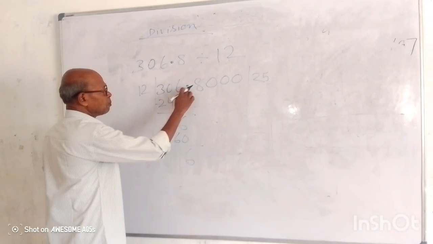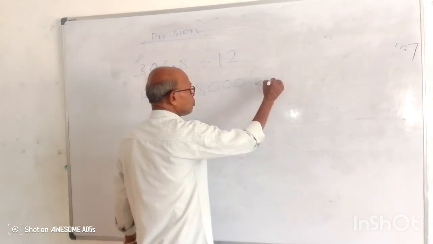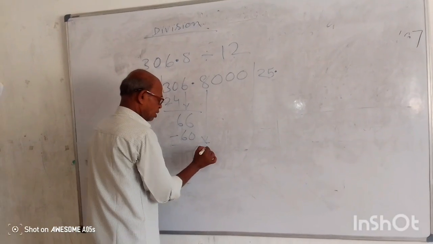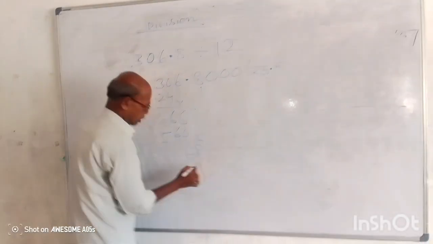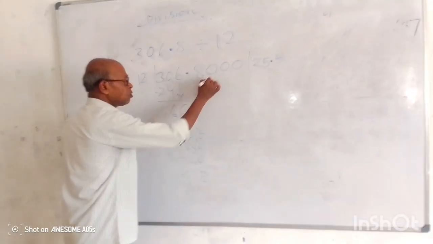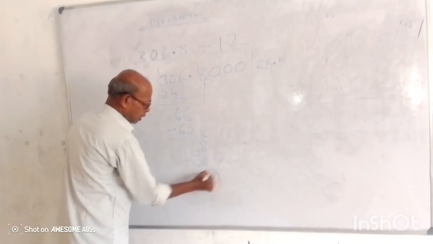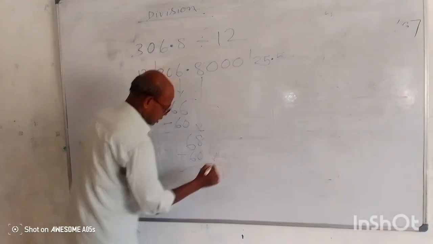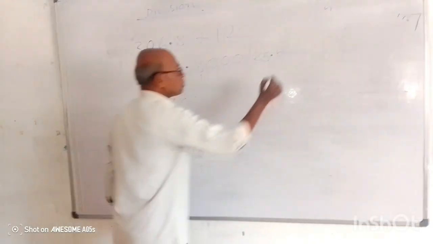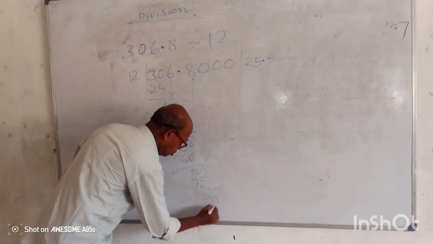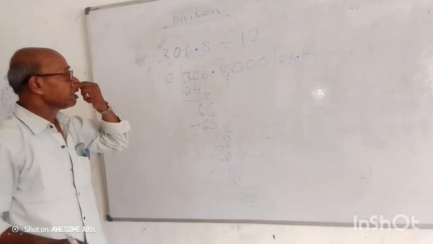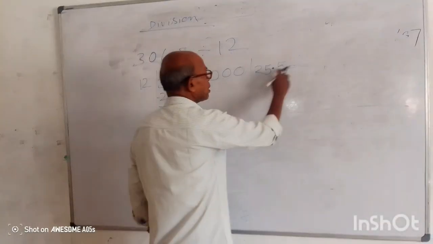Now I have to bring down the digit after the decimal point, so you put the decimal point here. Now you bring down 8. Now 12 5 the 60. Now after this it is 8. Then you bring down 0. 8 12 6 the 72. Then again 8 and 12 6 the 72. Still remainder 8, and the remainder will continue here. So generally we find after 3 places after the decimal